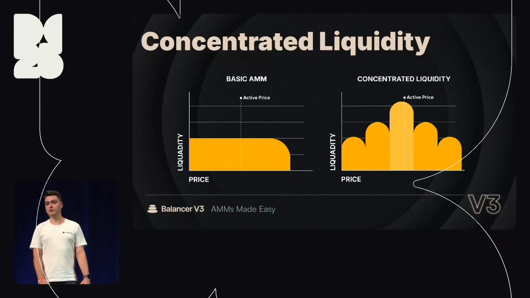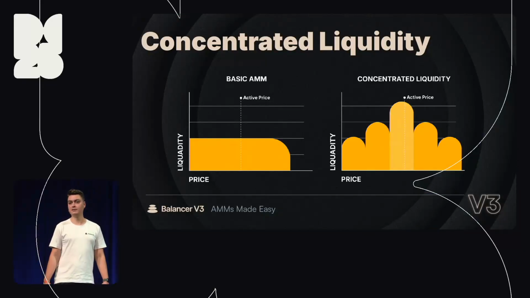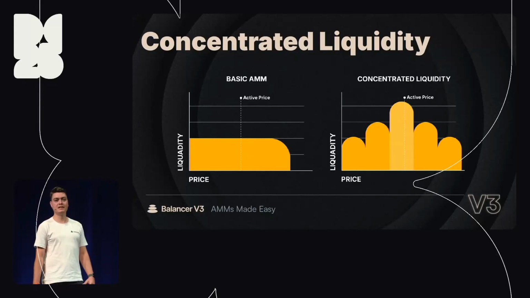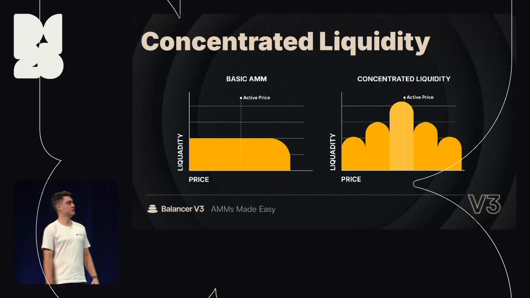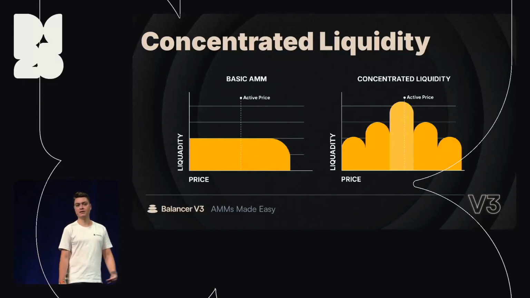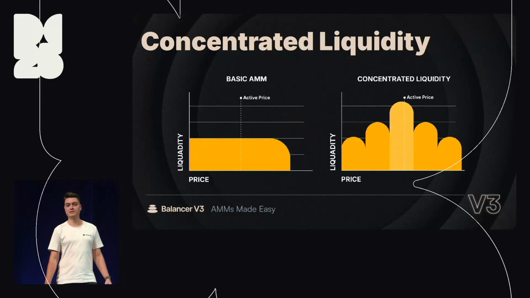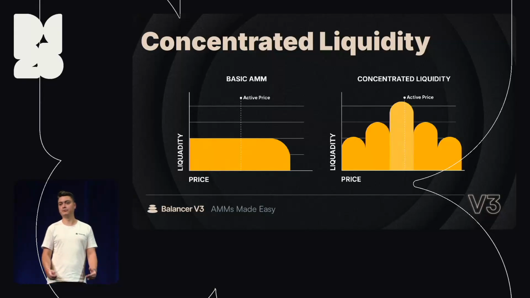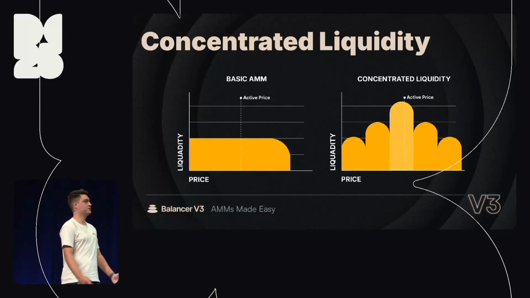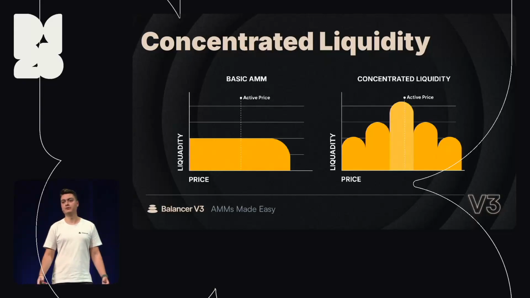That's what we have been building so far. We have innovated a lot, but there are still some challenges that we couldn't tackle yet. And I would say one of the remaining ones is just increasing the capital efficiency for weighted pools. So we generalize it, the XY equals K, the UniV2 formula, to any tokens, to any weights, but in reality, that's a basic AMM. You provide liquidity across all the prices. So if you're familiar with AMMs, you know that you provide liquidity from 0 to infinity.